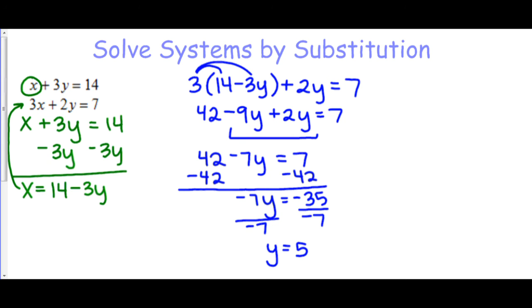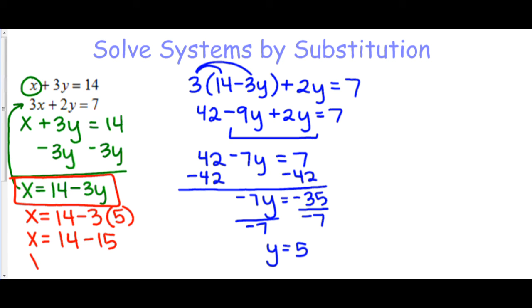Now, like in the first example, I already have y, but I still need to go back and find x. So I can actually revert back to the equation I solved for before, x equals 14 minus 3y, and I can use that to get my value for x. So my x will equal 14 subtract 3, and instead of y, I now know y is equal to 5. So negative 3 times 5 is a negative 15, and 14 subtract 15 gives me an x value of negative 1. This answer too must be written as a coordinate point, so negative 1, comma,